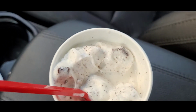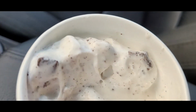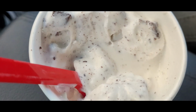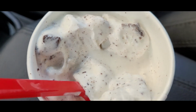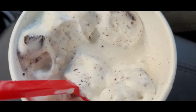Let's take a closer look. There you go, as you can see, a bit better there. There's your cookie pieces. Real ice cream. And there's with our chocolate mint cookies just crushed up in your vanilla ice cream. So you could probably imagine what that tastes like. And